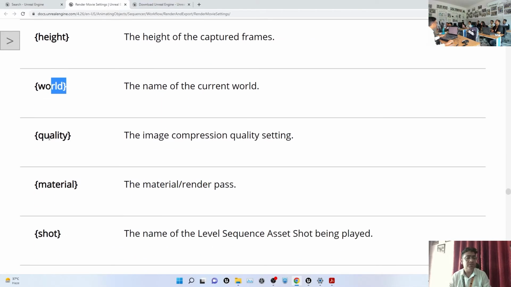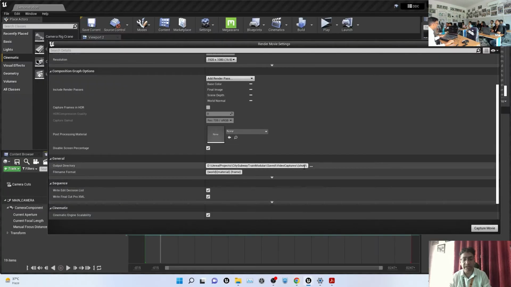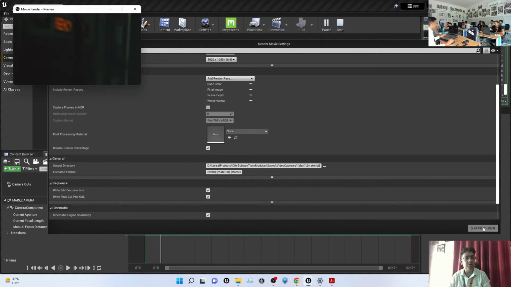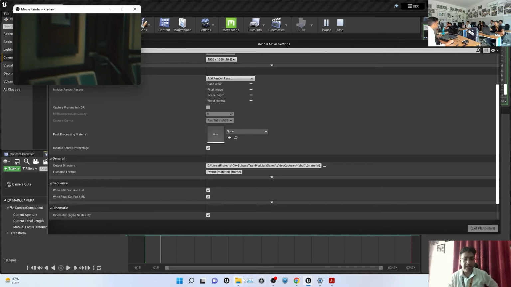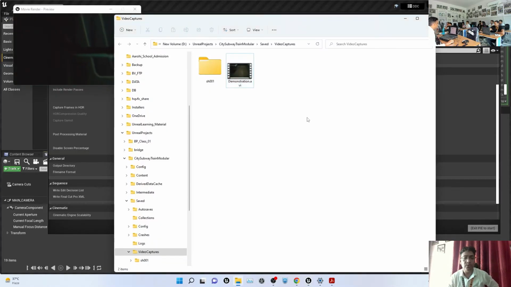Okay. So interesting. And also I'm going to use material, because I want every pass to be put in a separate path. So let me just put inside my shot and material. Okay. So let's capture the movie. Right now my movie capture is started, and let me go to the same folder, video capture folder, and